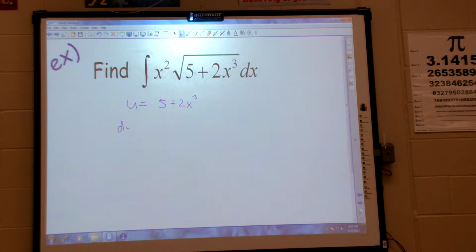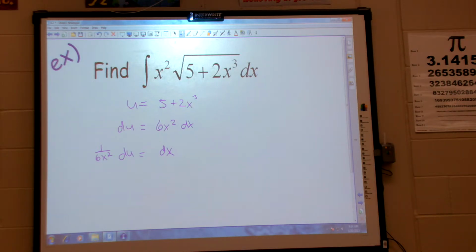So then what would du be? This is where you take a derivative. 6x squared dx. All right, we're going to take in a differential, correct? Now I solve for dx, so I need to divide both sides by 6x squared. So I have 1 over 6x squared du. You with me there? Now from here, once you've solved for dx, I'm going to go back up to my